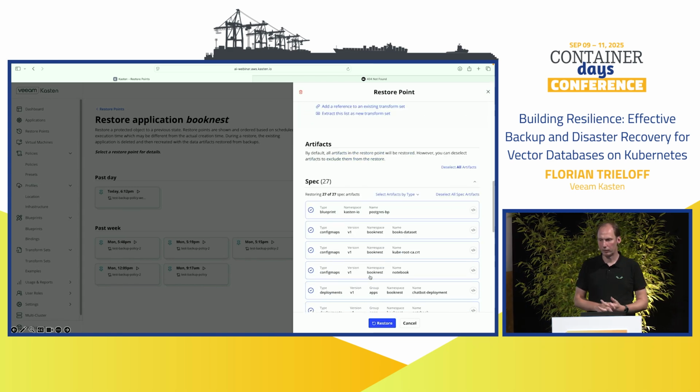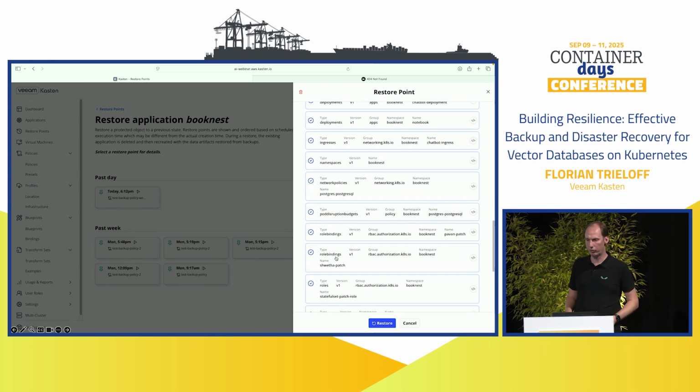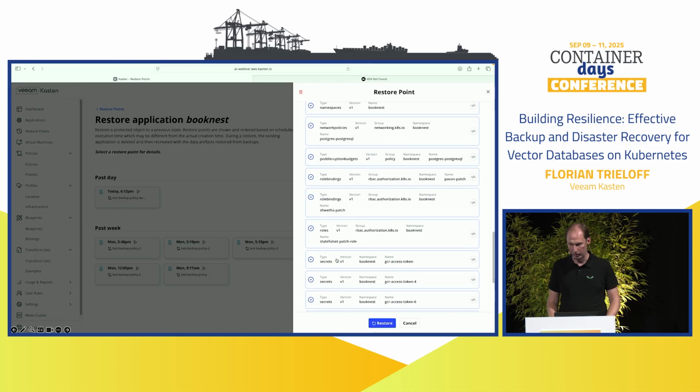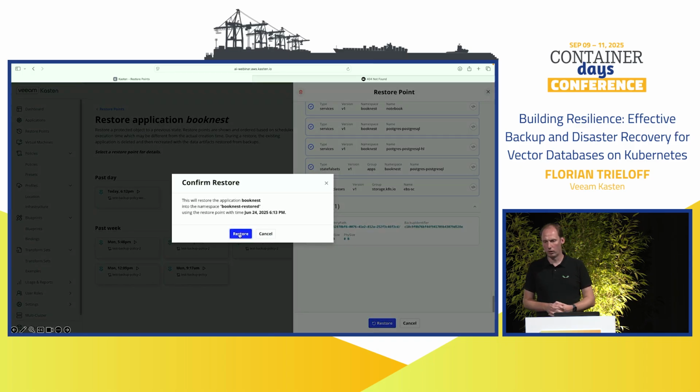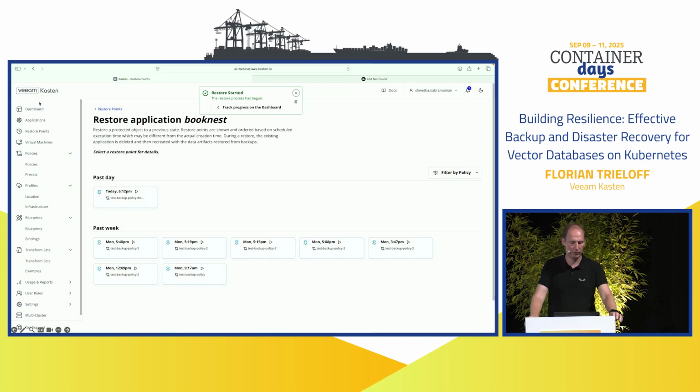Restore. So we will restore all components which are related to this application. As I said, you can also use your deployment infrastructure and just use a data-only restore here. Okay, going to restore, and now the restore of your application will start.